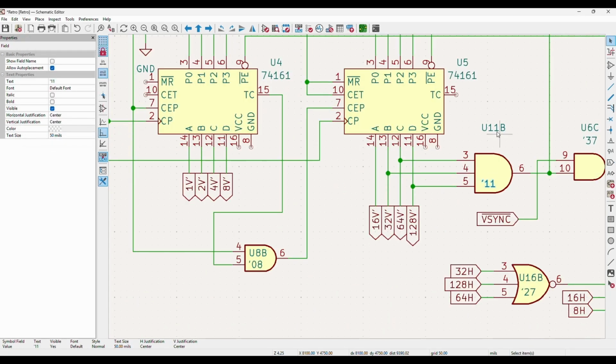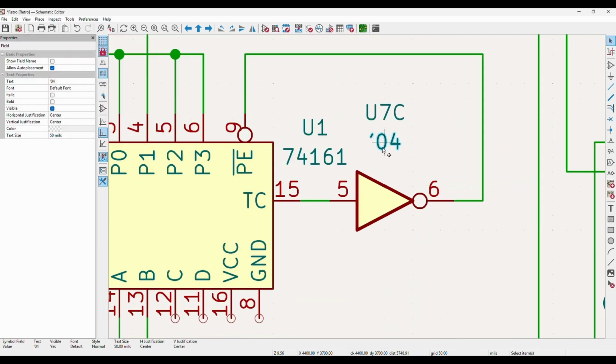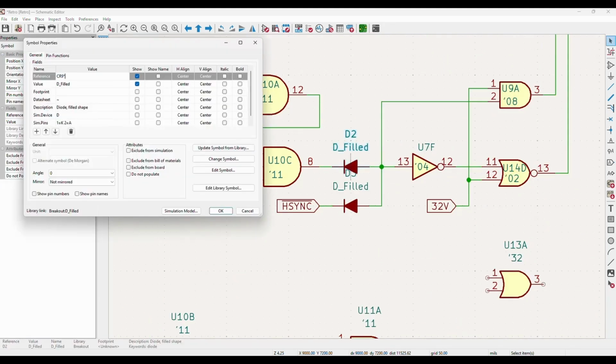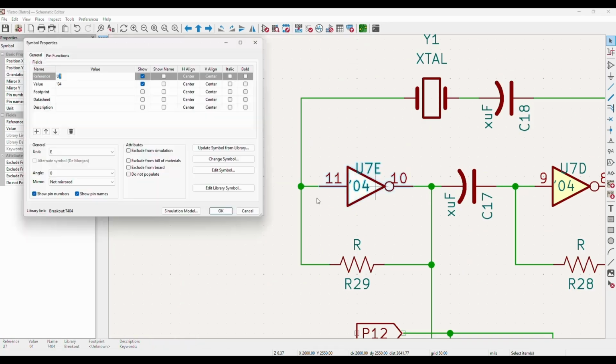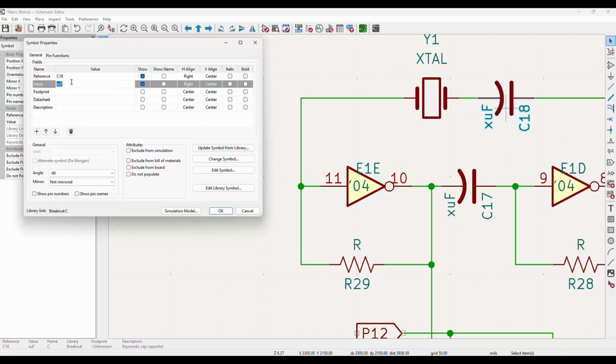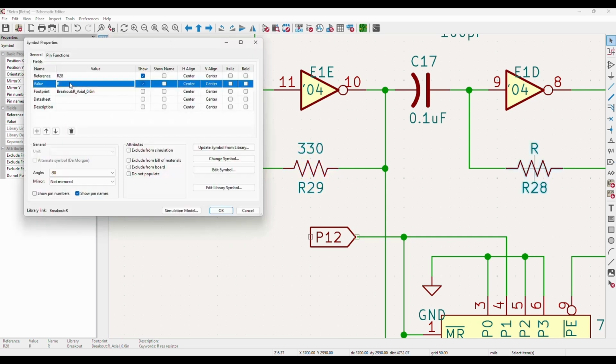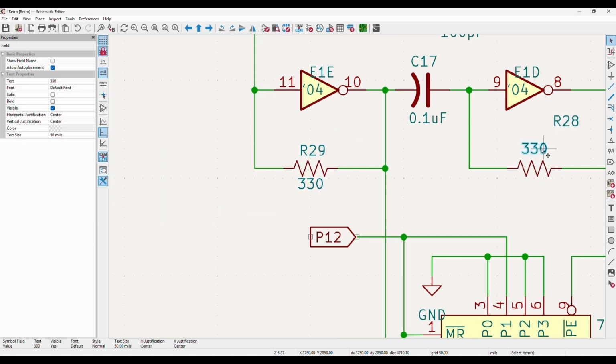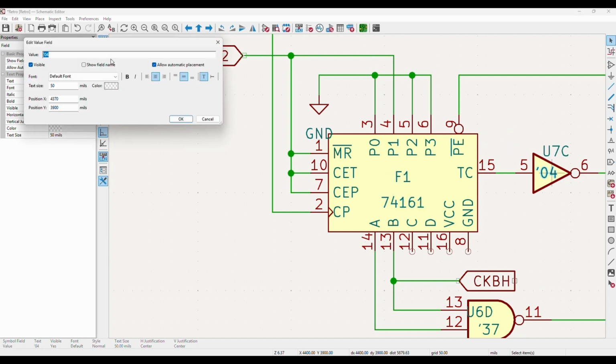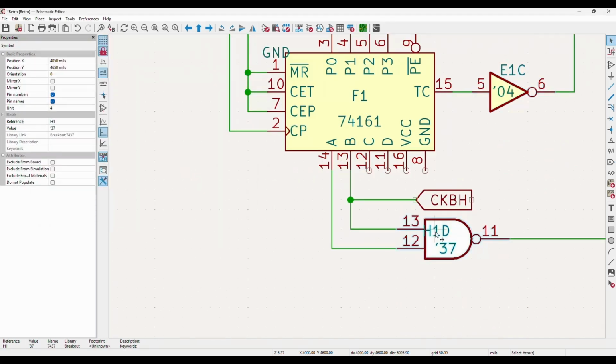Adjust all the labels. We'll rename the sites properly.